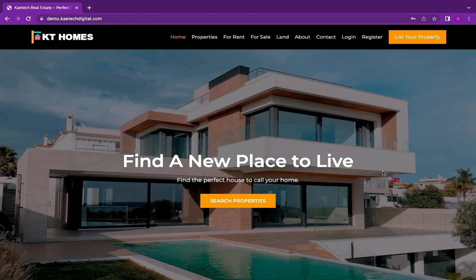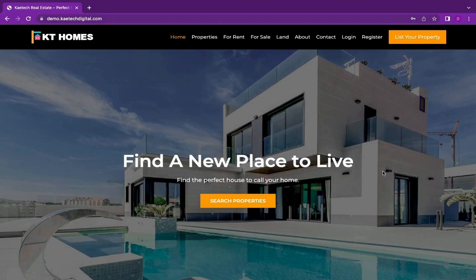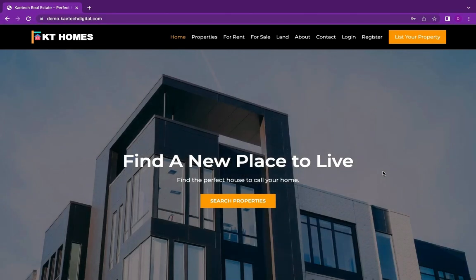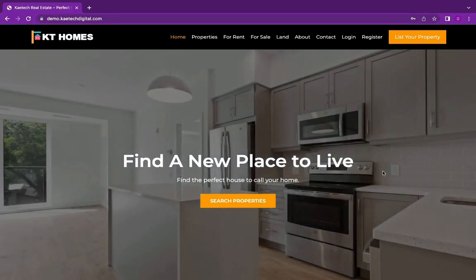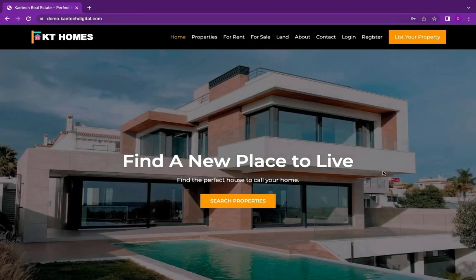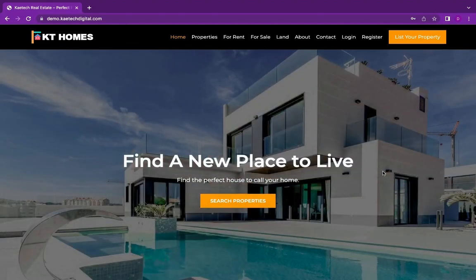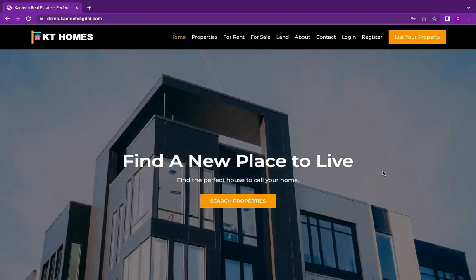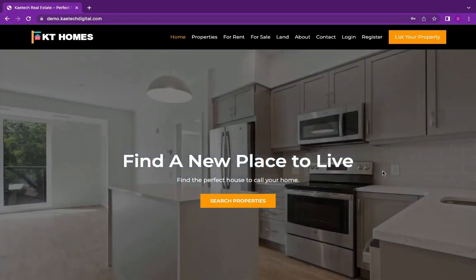People can come to your website and list their properties, and also become an agent whenever they want to list their properties on your website. Now this website is more or less like a multi-vendor website whereby people will list their properties there, but they'll buy a package before they can list a property. So it is not a multi-vendor website where you buy something there, but more or less like a directory whereby people can list their properties on your website,